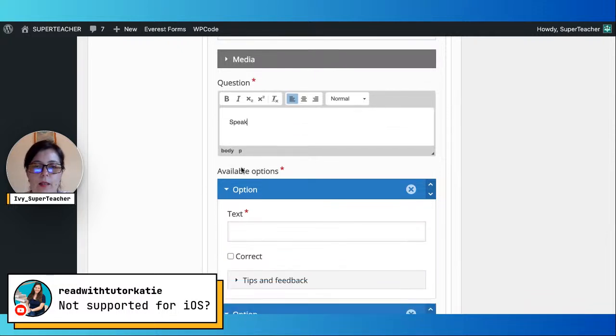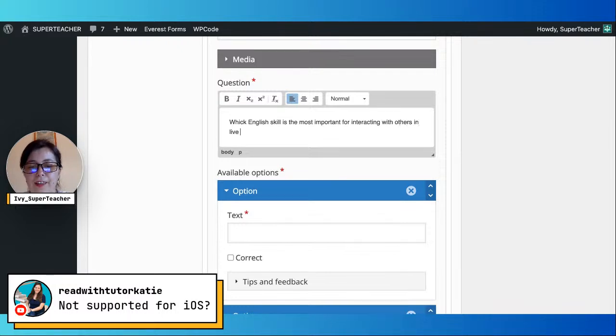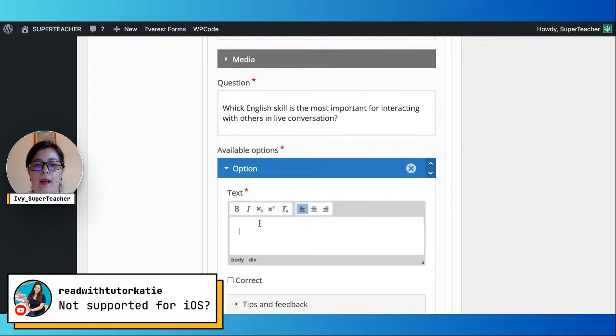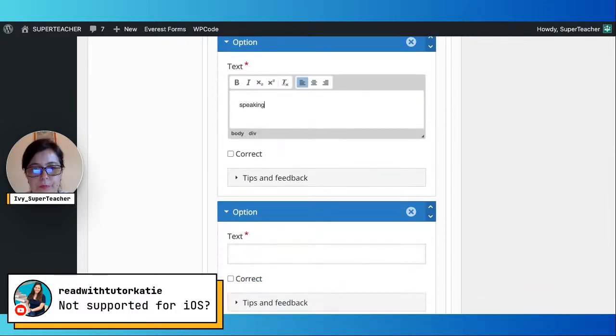Hmm. Okay, which skill, which may be English skill, is the most important for interacting with others in live conversation? Okay, I didn't prepare this in advance, so I wanted to say speaking, and I would just